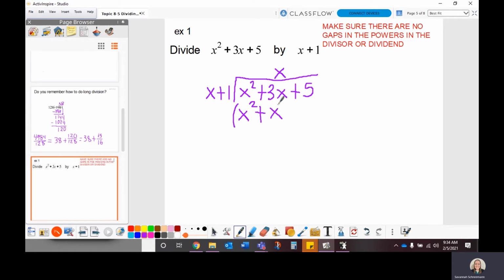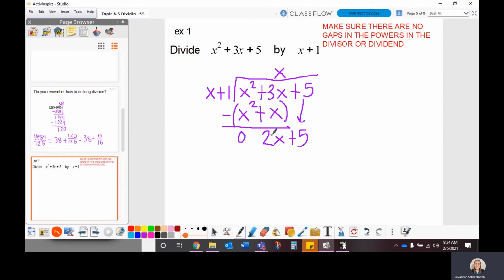And then we're going to take this whole thing and subtract it. So remember this negative sign. It's going to be x squared minus x, which is 0. And then 3x minus x, that gets you 2x. And then like we did on the last problem, we're going to drop down that 5. So 2x